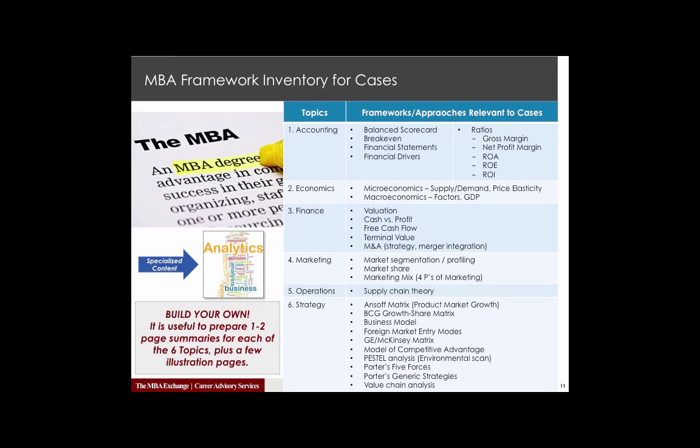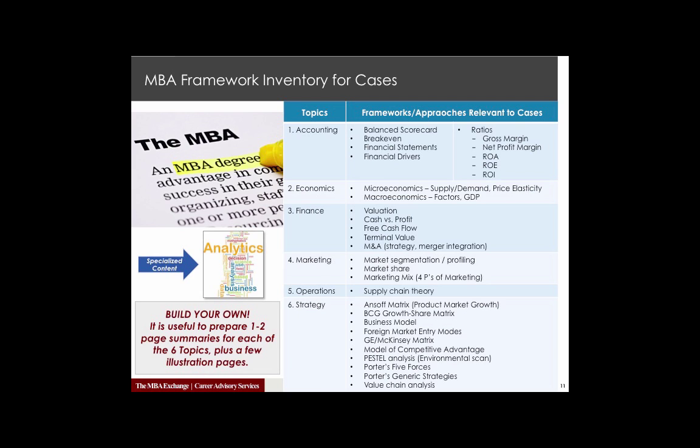So there are essentially 6 main topics that come into cases. Again, there can be others, but if I look at the majority, it's these 6 topics. The first is around accounting. And accounting is something that it might seem very odd that a consulting firm that's solving business problems might be looking at. But accounting serves as some of the analytic foundation. So you're not going to be looking at debits and credits, but it's some of the more analytic, decision-oriented parts